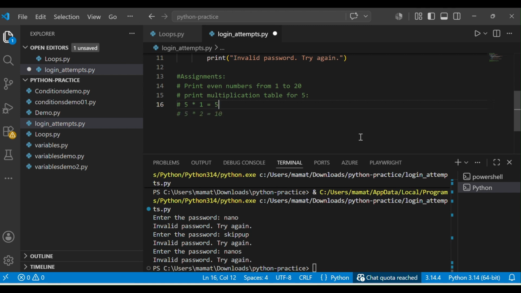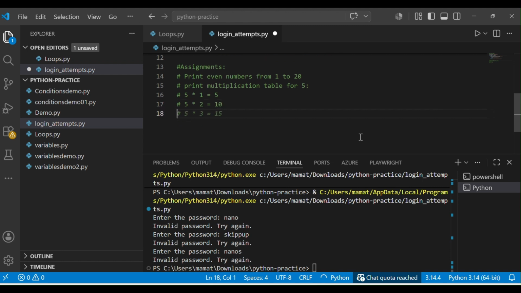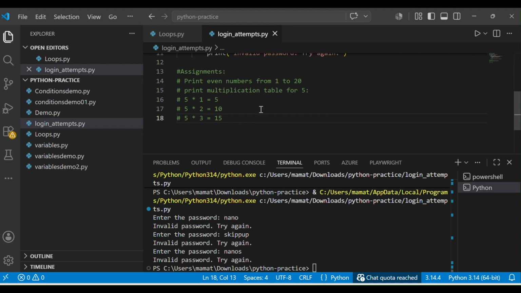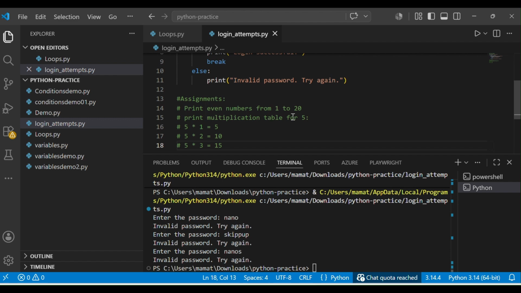In this way I want you to write a statement to print till 50. So this complete 5 table I want you to print by using a Python program.